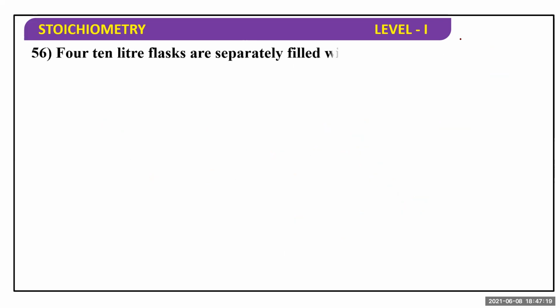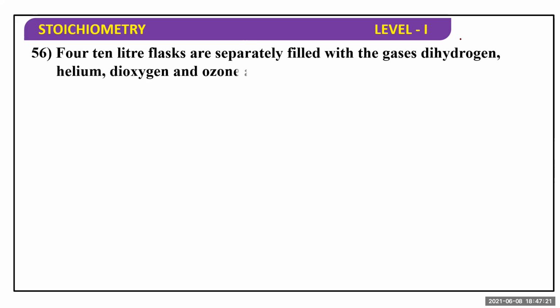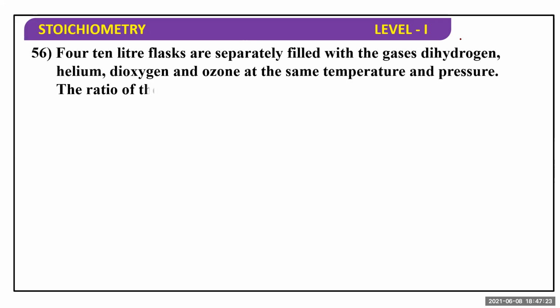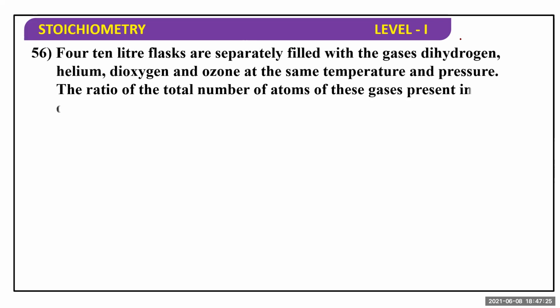Next question. 14-liter flasks are separately filled with the gaseous dihydrogen, helium, dioxygen and ozone at the same temperature and pressure. The ratio of the total number of atoms of these gases present in different flasks would be